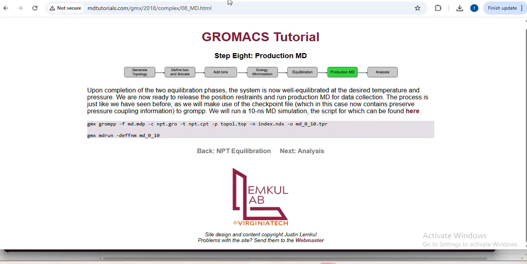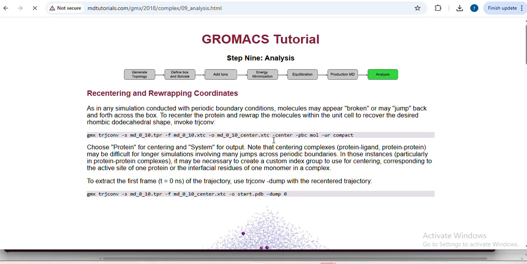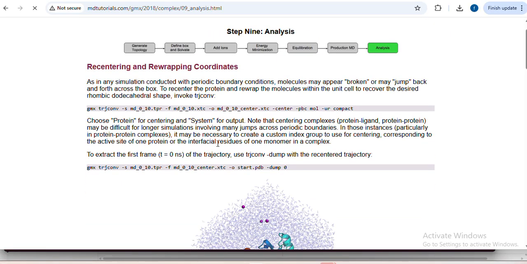So we are at our last step. After MD production, we need to do analysis. In analysis here, the generated file, which is the trajectory, we can convert it. We can convert this XTC file into this output file, and then we can analyze it for the different things,